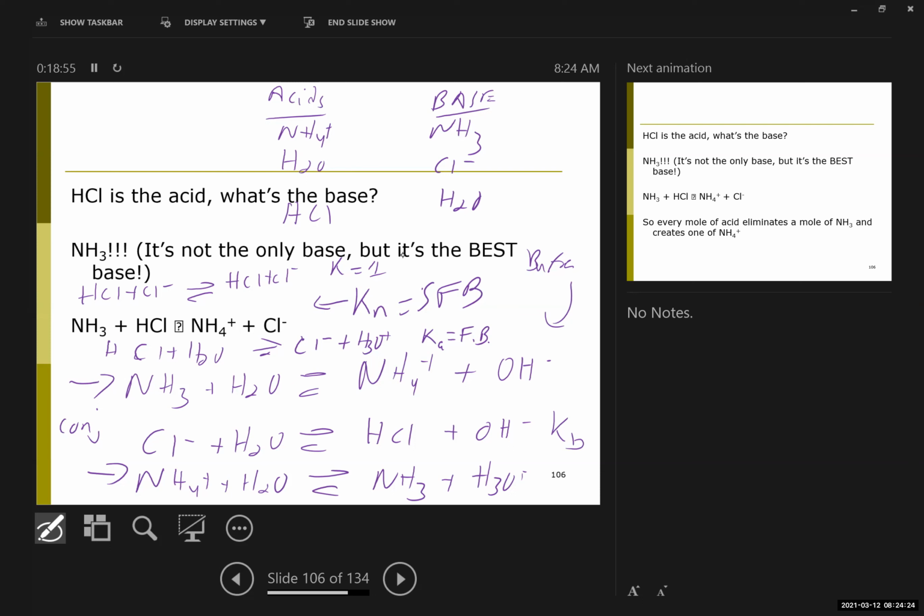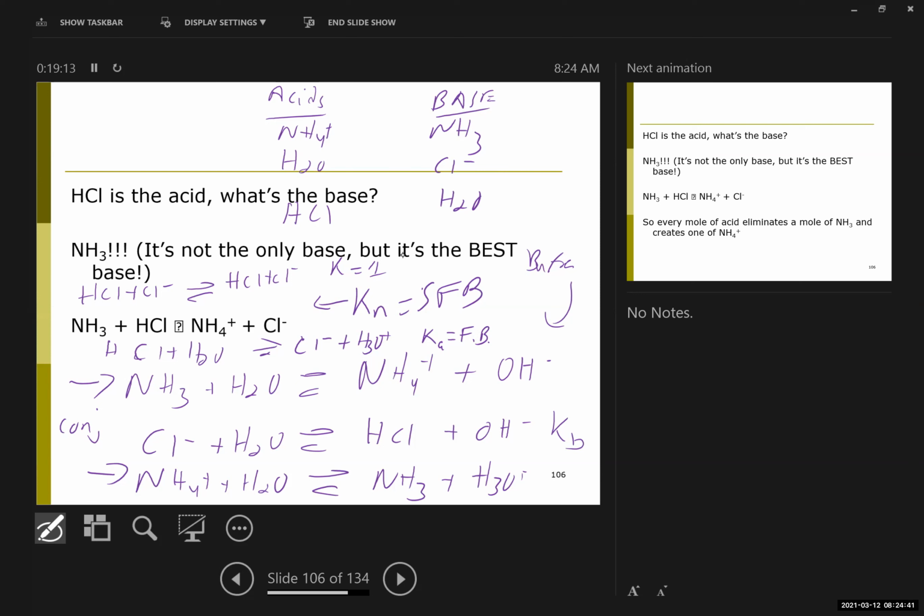It becomes a little trickier to rank the rest of them. But of my 9 possible reactions, even without determining all of the Ks, there's no doubt HCl plus ammonia has to be the biggest one, because if I look at the Kas and the Kbs,